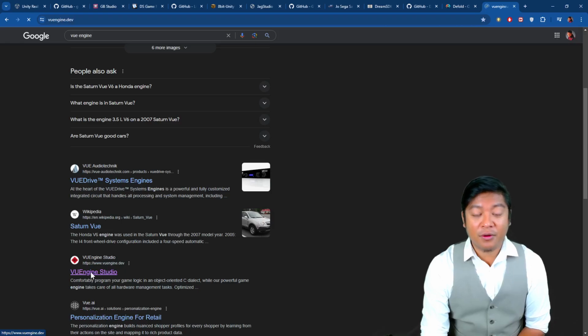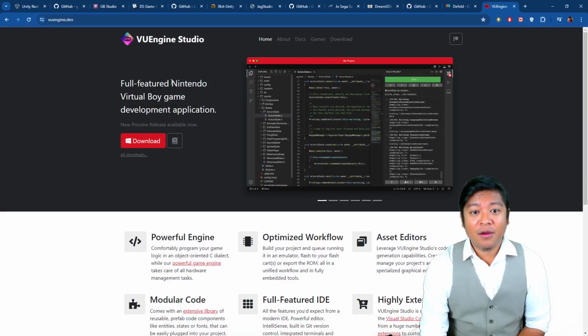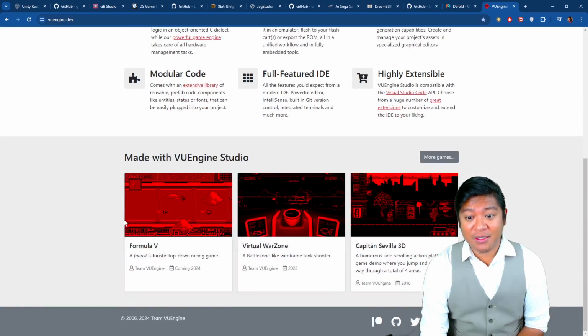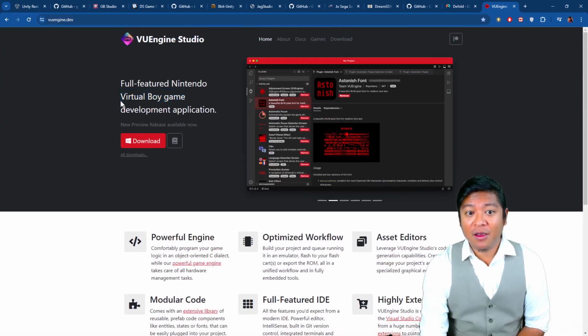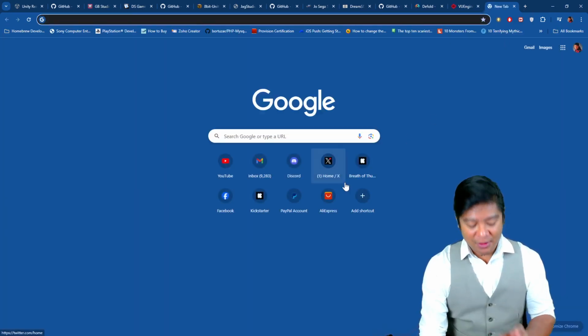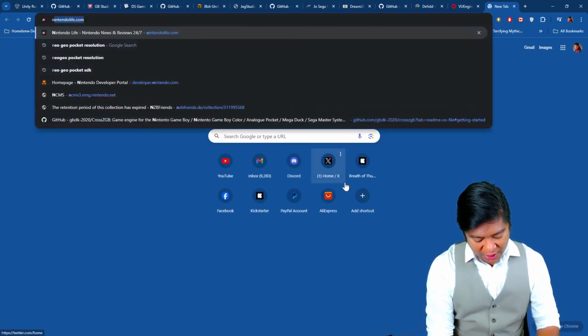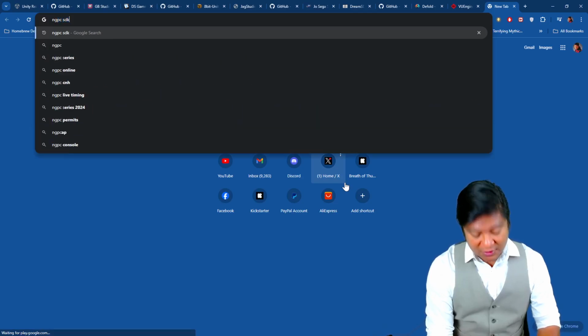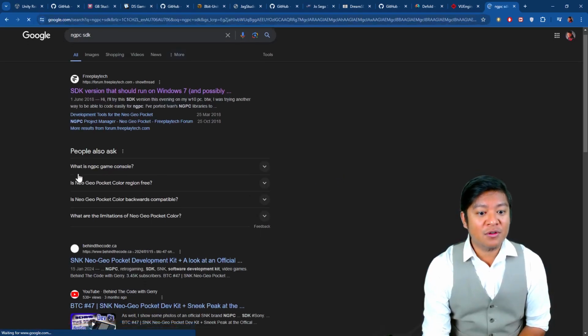VB Engine Studio is for creating Virtual Boy games. It's a little bit complicated to set up. It's a little bit quirky, but once you have it all set up, you can make Virtual Boy games. So I will be working on that as well. And lastly, again, this is hard to find, NGPC SDK. But once you find it,